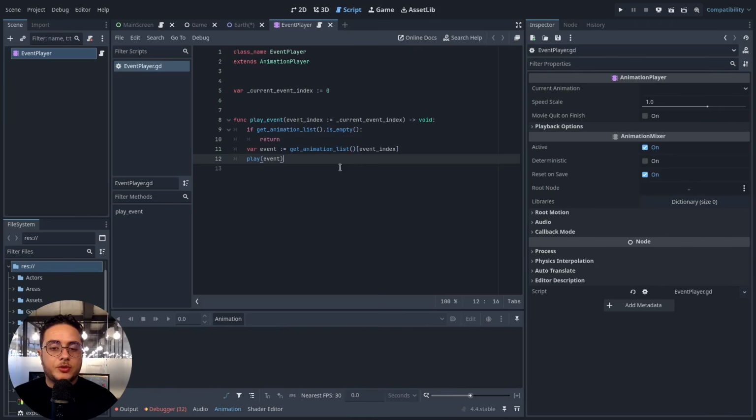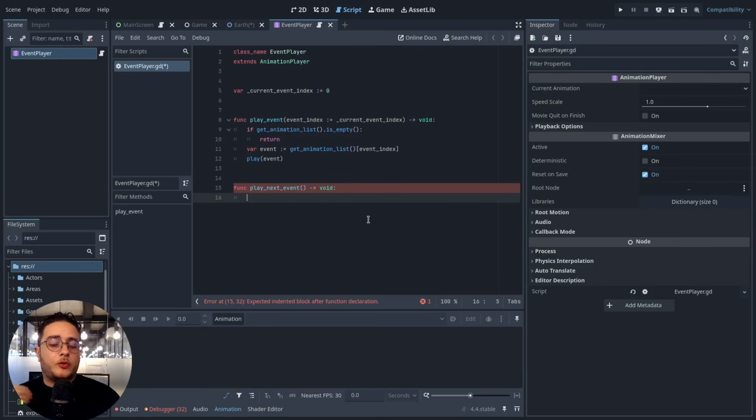Next up, what we're going to do is create a method that iterates on this current event index so that we can play the next event based on the event that just finished up. So function play next event. It's not going to receive anything and it's not going to return anything. And what we are going to do is to advance the animation so that if we didn't finish this animation yet, calling this method is going to advance it to the end